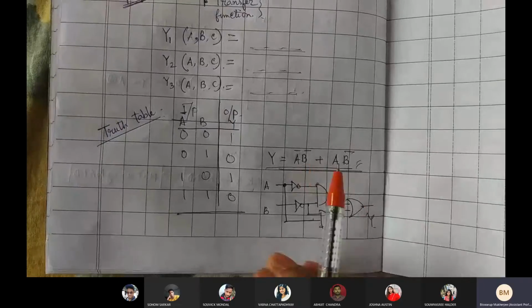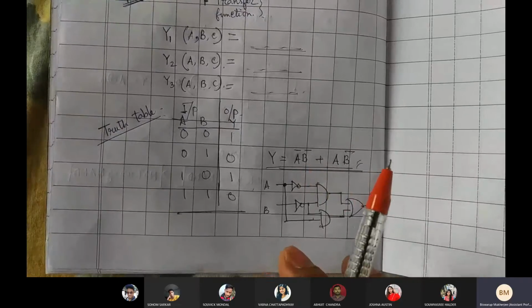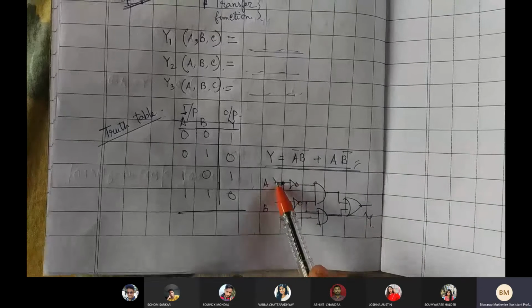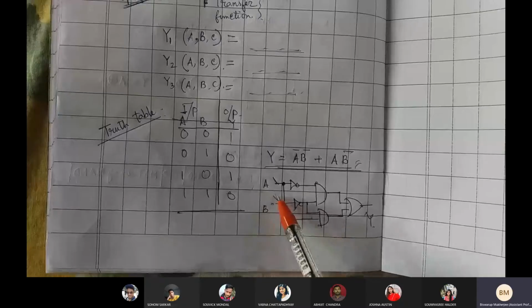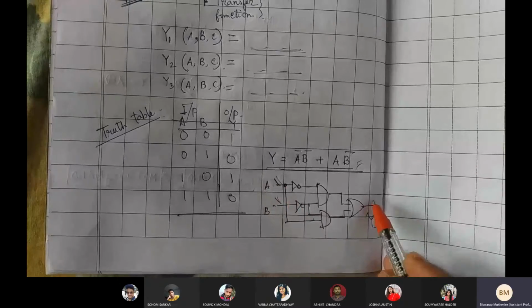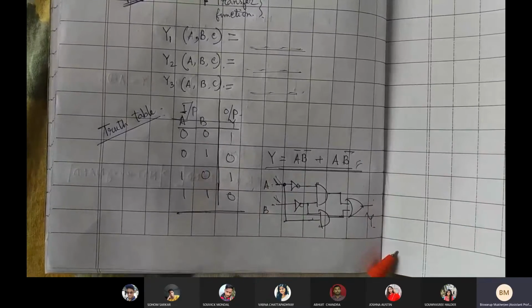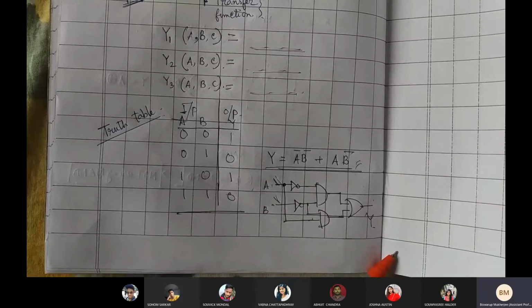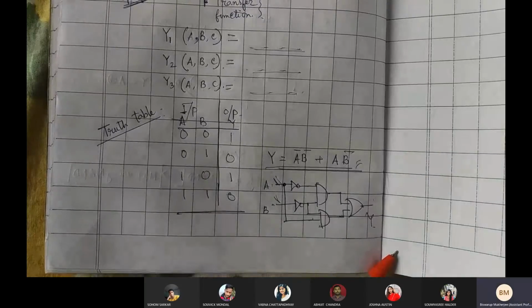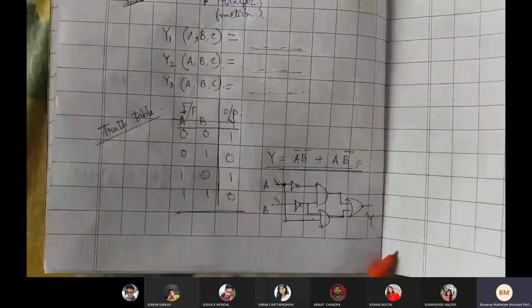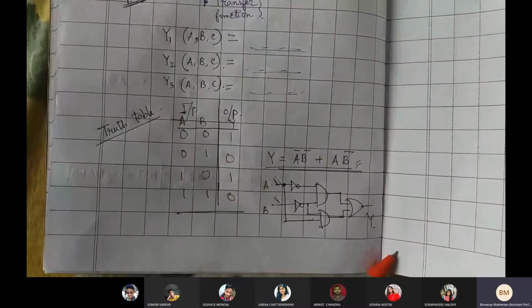The circuit can be built on a breadboard or Vero board, and it will work as it is. If you provide some switches at the input, and if you provide some LED at the output, you will be checking, okay, it's working in the same manner. Now again, another task is still left. It seems that you have already designed the circuit as per your wish. Fine, it's working also. As per the truth table, it's working. The system has been designed.